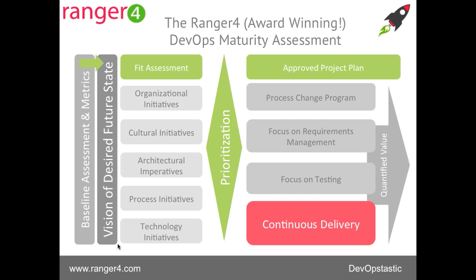So I mentioned this concept of baselining where you currently are in order to move yourself forward, and I also mentioned distilling 200 odd questions down into that 5-step maturity scale. So all of this learning has come out from the times that we've been delivering this, which we're going to talk about now, which is our own DevOps Maturity Assessment, and I've put that it's award-winning in there because it did indeed quite recently win an award from IBM, a Beacon Award 2015 for Outstanding DevOps Solution. So we were very grateful for that recognition from one of our key partners.